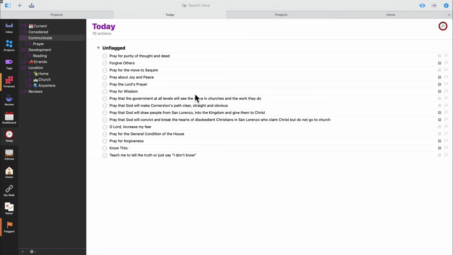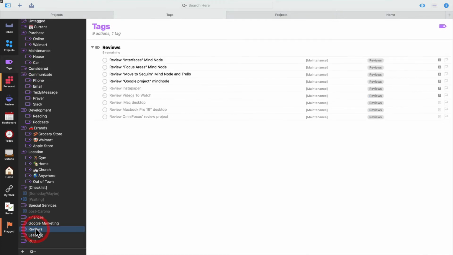I understand what I have to do. Things will repeat when they have to repeat. Things will not repeat when they don't repeat. And I can get all of those things done. OmniFocus 3 really expanded their repeat functions. I have a review tag, and I review my MindNode every third Wednesday, I think is how it is. And you can do that in OmniFocus now.